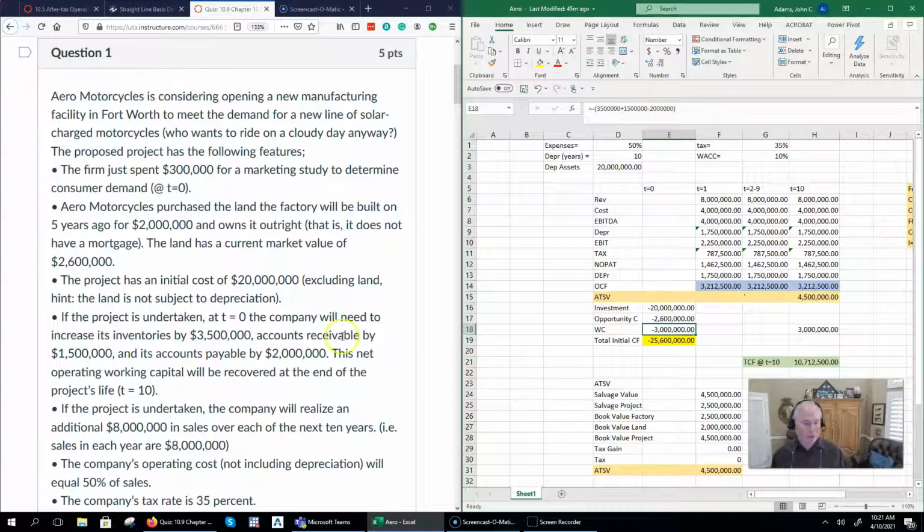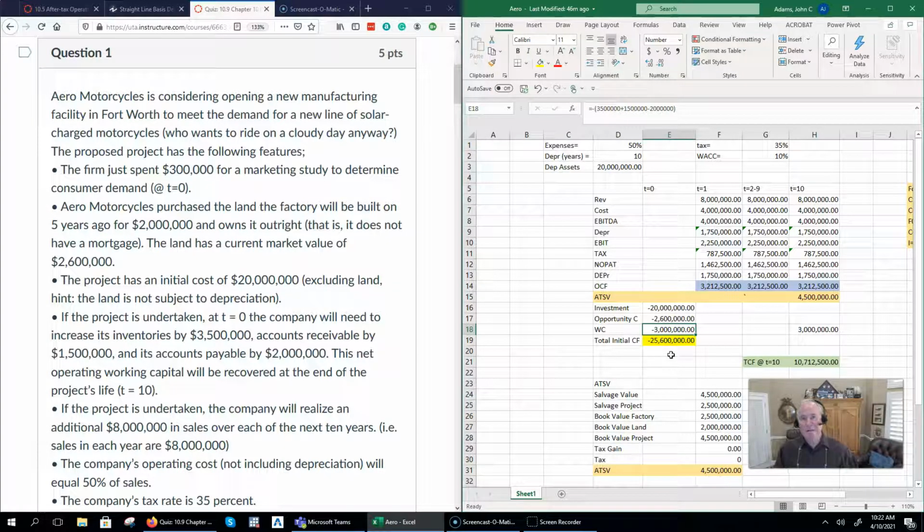So we're told that the inventories we have to invest in are $3.5 million. We need to invest $1.5 million in accounts receivable, and that's offset by the $2 million we're receiving in free financing from our vendors, our accounts payable, for a total working capital investment at time zero of $3 million. So we add the investment cost, the opportunity cost, and the investment in working capital, and that gives us total initial cash flow here of